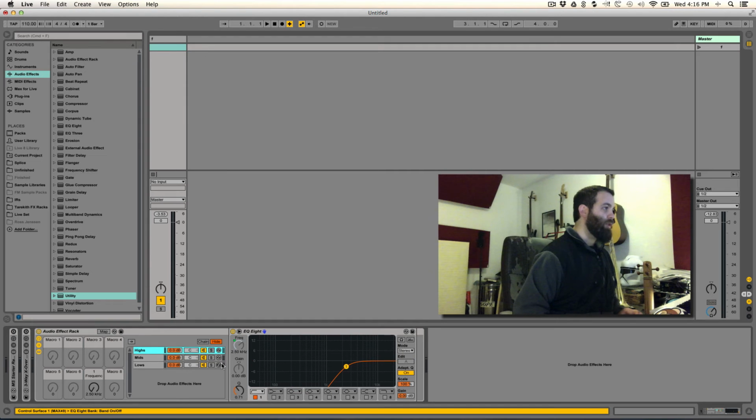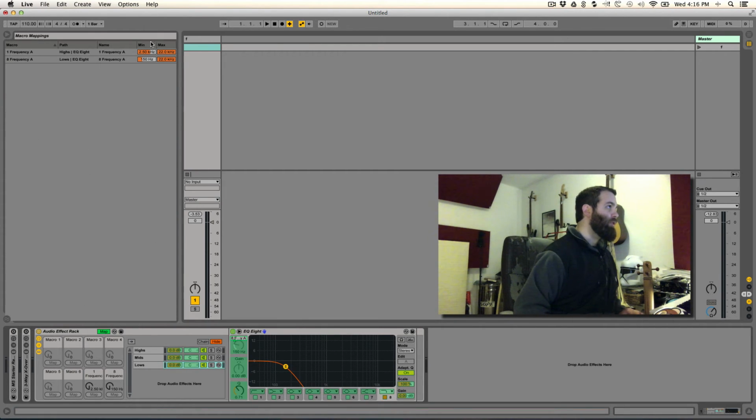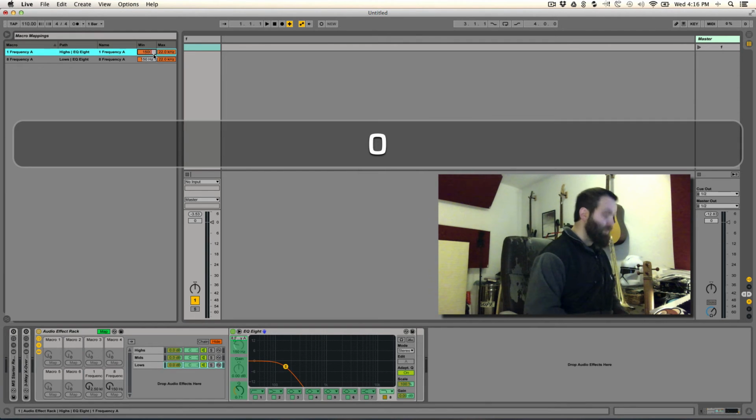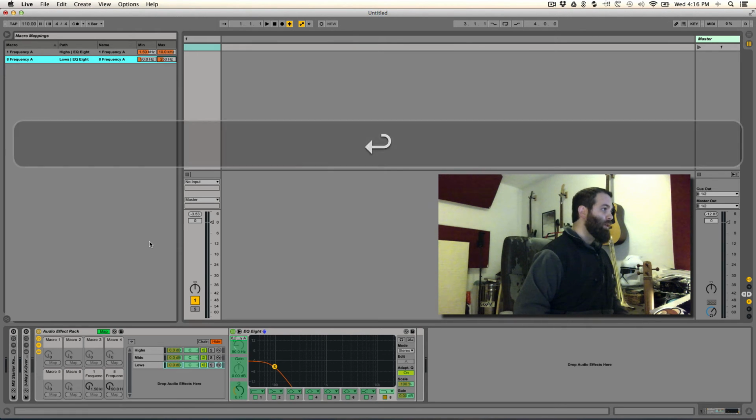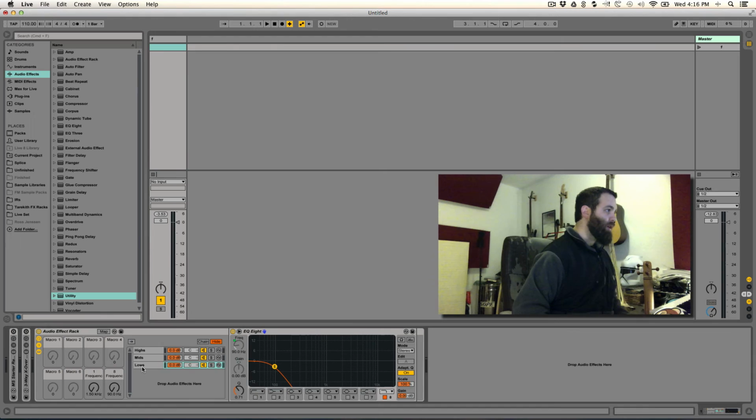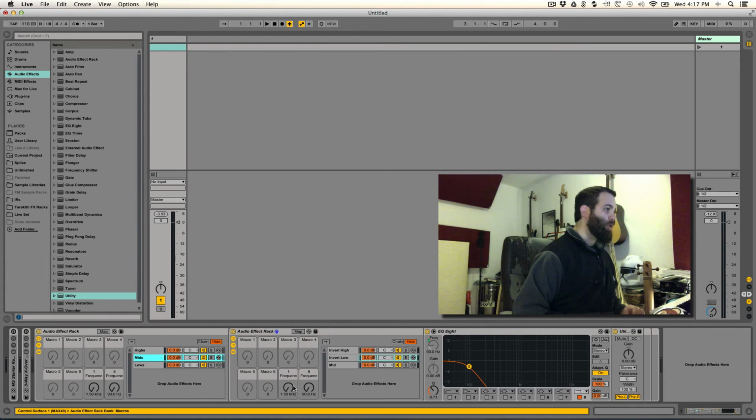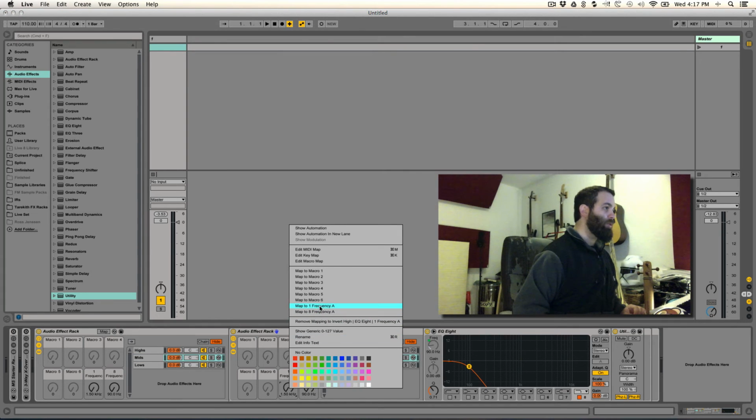Out here, we have our high frequency mapped there. We want to map our low frequency to macro 8. We're going to go ahead and do these the same way. So our highs will be from 1,500 to 10,000. Our lows will be from 90 to 250. Okay, and now, excuse me, if we go back into our mid rack here, we should be able to map this